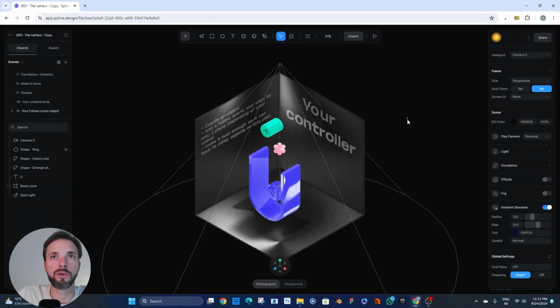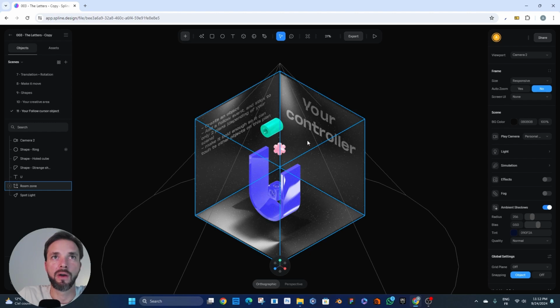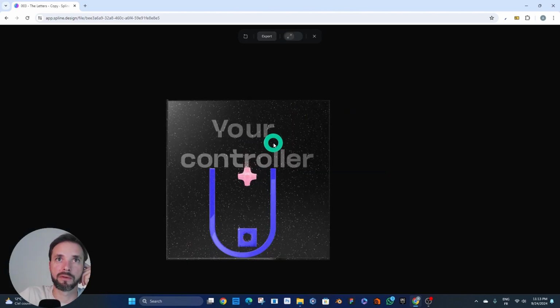We are almost done. We are on the last scene, and this is the scene where you can create everything with what you've learned till now to make this scene work pretty well. If I hit play, okay, my objects stay in the U. They are not falling behind. And I can play with them. It's pretty cool, by the way. It's funny. And my controller, here the green one,